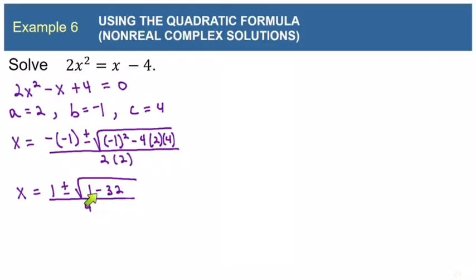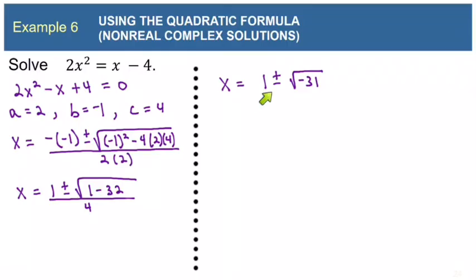Now you know 1 minus 32 is negative 31. So we end up with 1 plus or minus the square root of negative 31 all over 4. Of course, 31 won't reduce, but we do have a negative under the radical. So the square root of the negative is i. Let's bring that i outside the radical. And we have 1 plus or minus i square root of 31 all over 4. And since 1 and 4 don't share any factors other than 1, we know that this cannot be reduced,